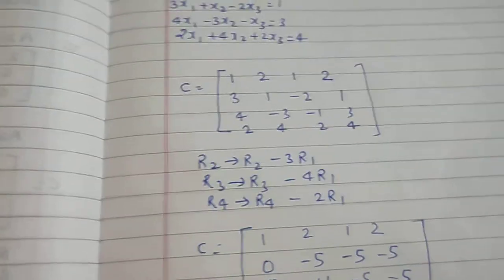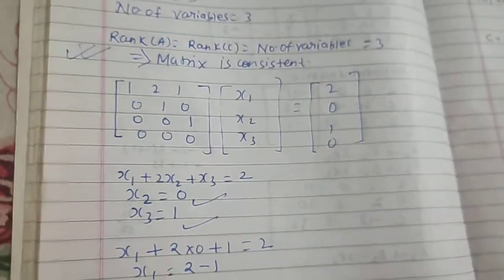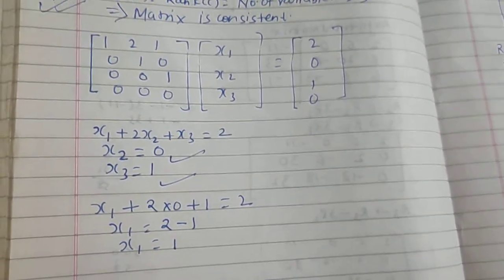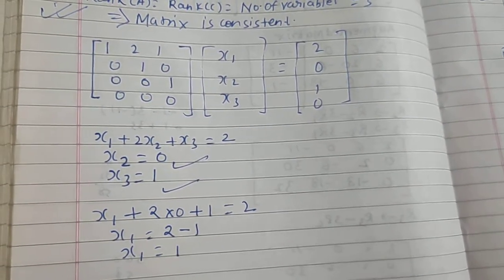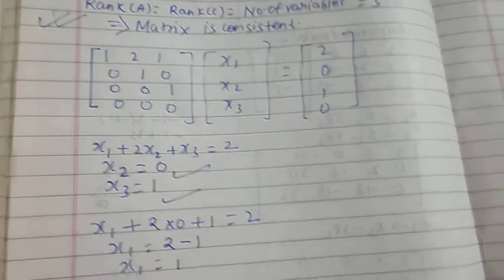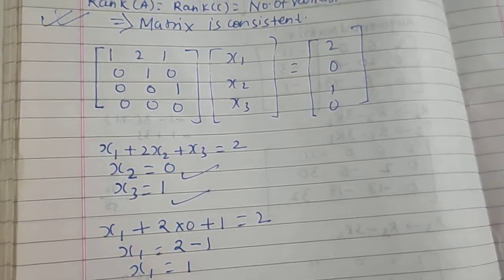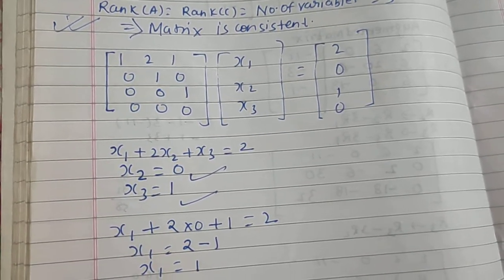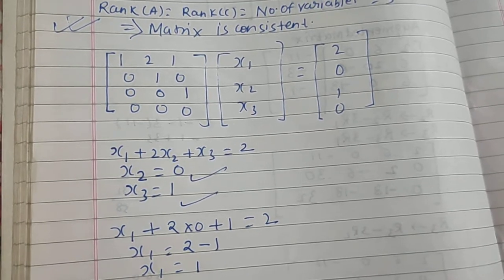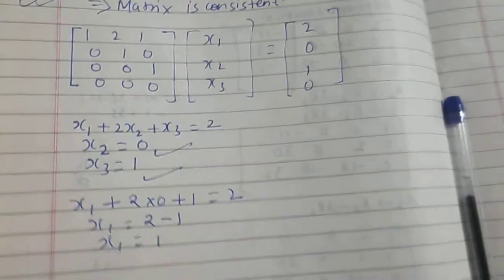Just write the augmented matrix, reduce it to echelon form and then find the rank using this particular condition, and here it is. You have done it simply. I think personally that this is better than what we used to do in class 12th, but it depends entirely upon practice. If someone practices that method more, he will like that method better, but you should know both the methods for the sake of knowledge. So that's it from my side.